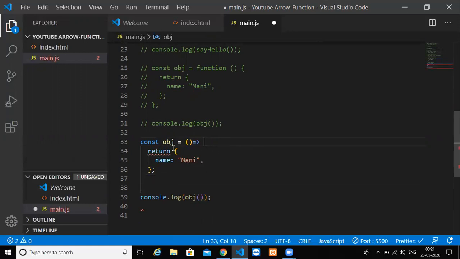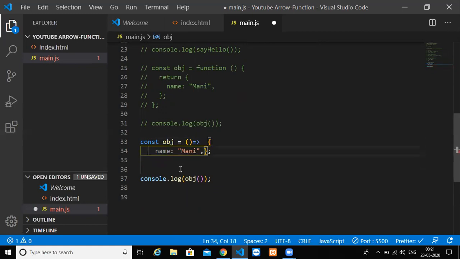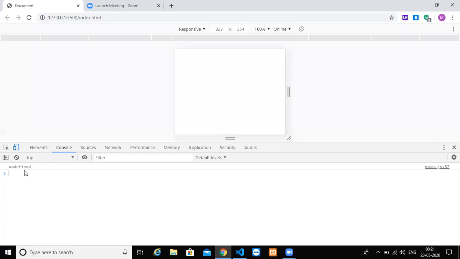So when I'm removing the braces, I don't want this return statement too. Just make it in one line. Okay. So what if I save this? I save it, I'll get undefined.